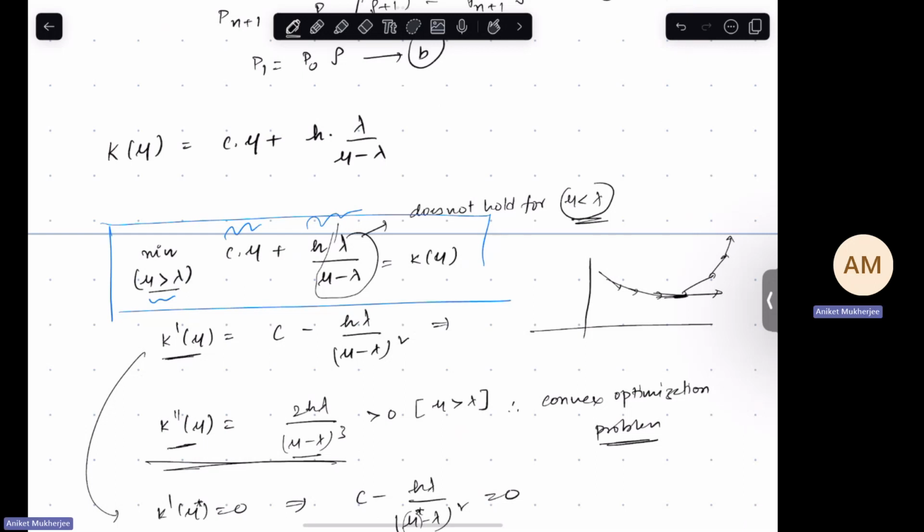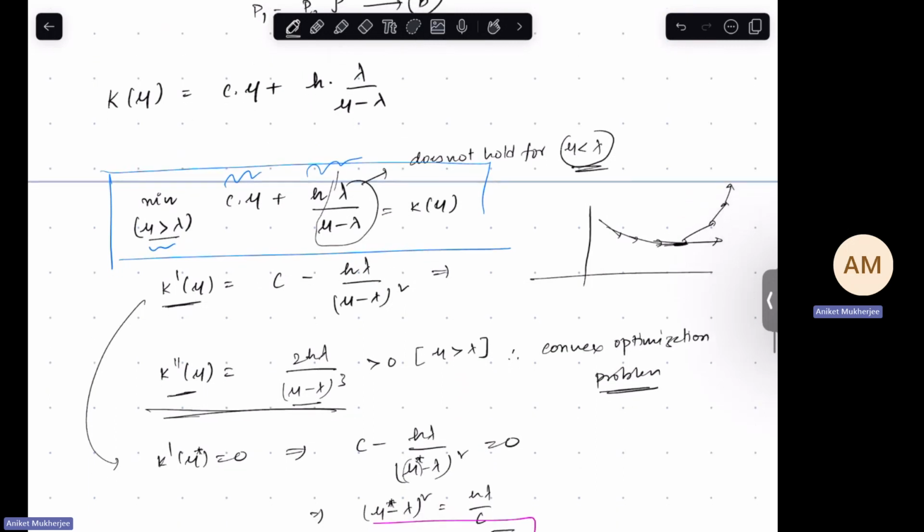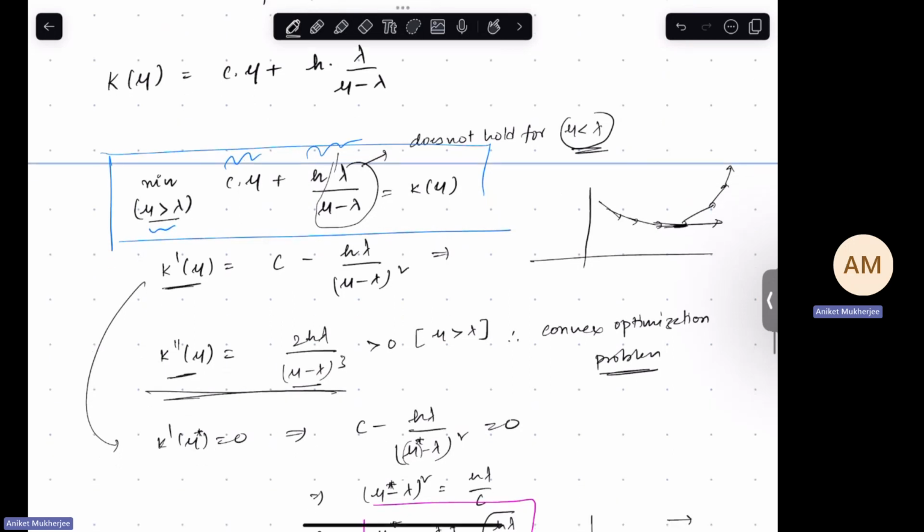Right. Next, we have the objective function. We digressed to find the expected number of people in the system. The objective function was given by c times mu plus h times lambda over mu minus lambda. Our goal is to minimize this objective function with the constraint mu greater than lambda. Now, we find the derivative of the objective function,